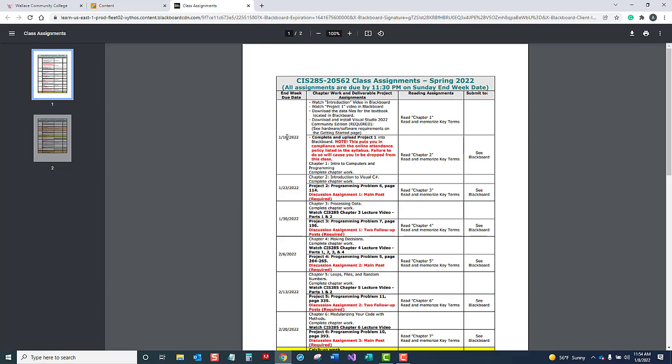It's just going to basically reiterate what's in the schedule right here, okay? See, it says all assignments are due by 11:30 on Sunday end week date. This is the end week date, so the end of the first week on Sunday is the 16th, right? Here it says